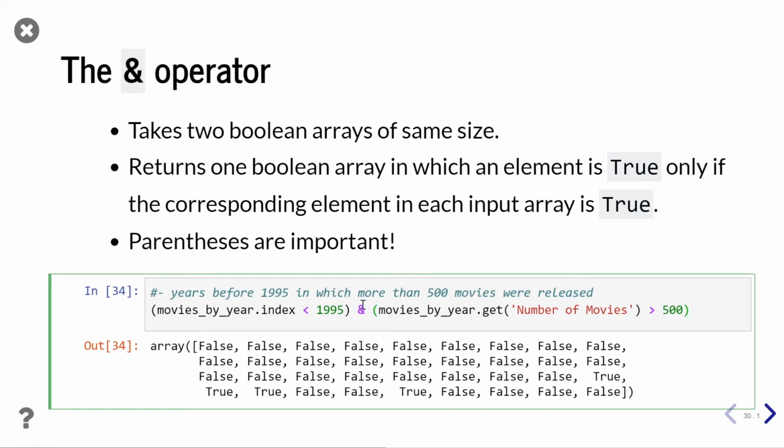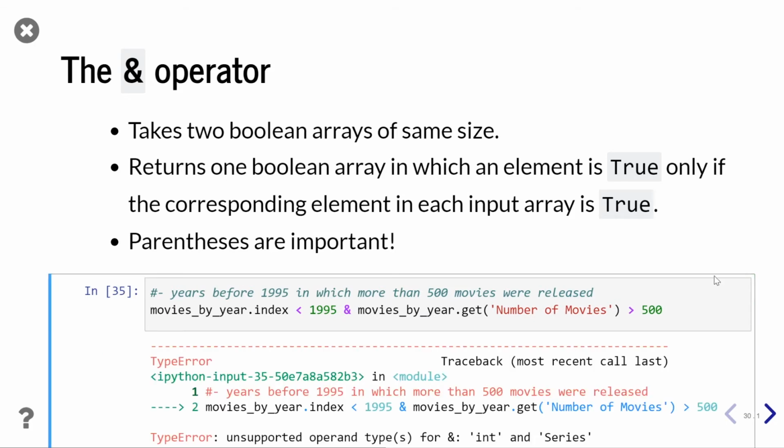Now let's try this again, but without those parentheses, and see what we get. Okay. You see it's not going to run here. Sometimes you can get a situation where it actually runs, which is kind of sneaky, depending on exactly what code is written here. And it'll run, yet give you the wrong answer. So make sure that you put your parentheses around